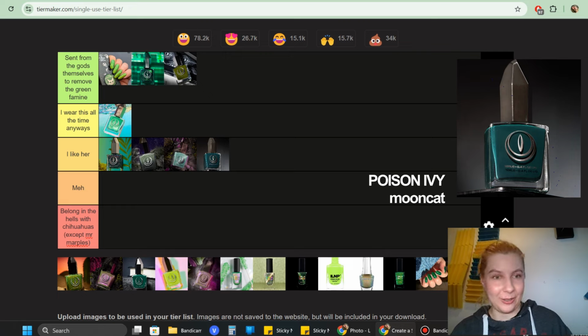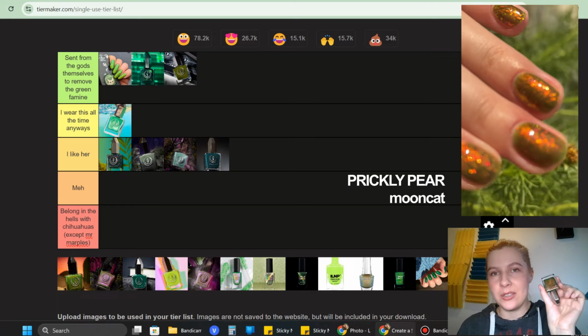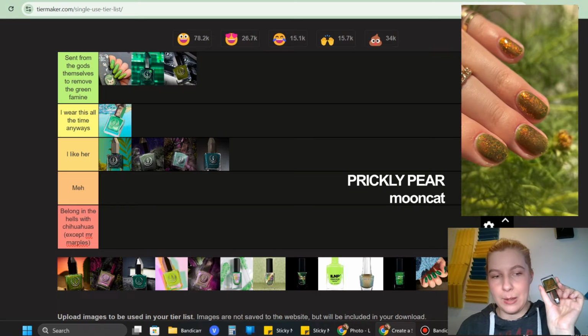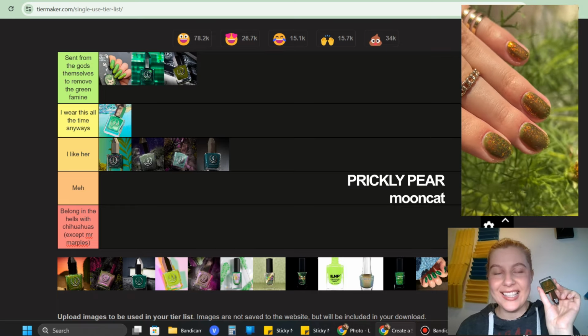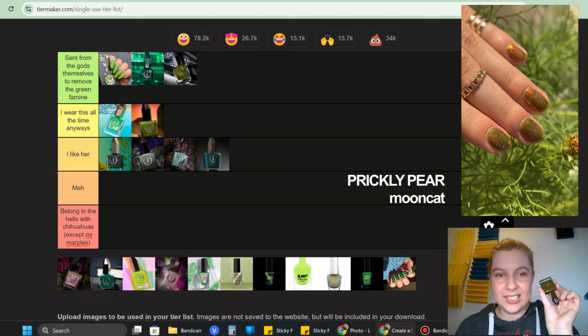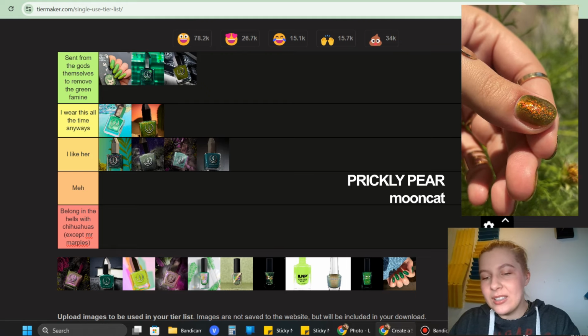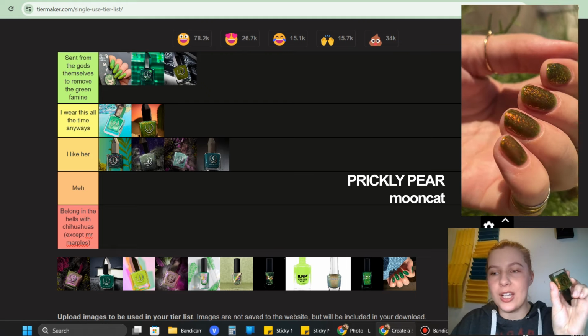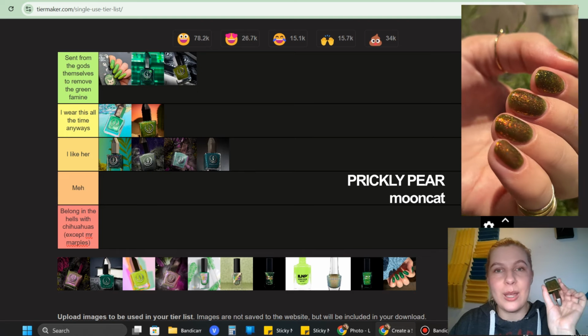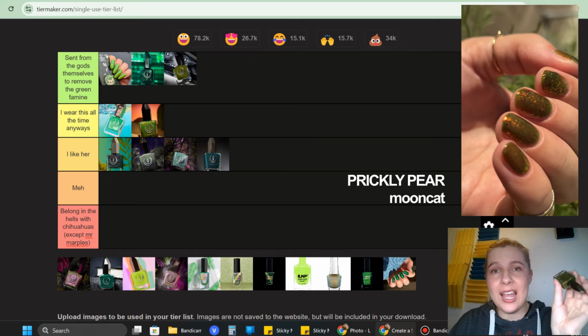So I like her. We also have Prickly Pear, one of my favorite greens to wear of all time, of course, but I don't think it's sent from the gods themselves. I think it's a nice shade of green, if not that flakies, and it would be like a green jelly on its own. I think I would put her in sent from the gods themselves category,